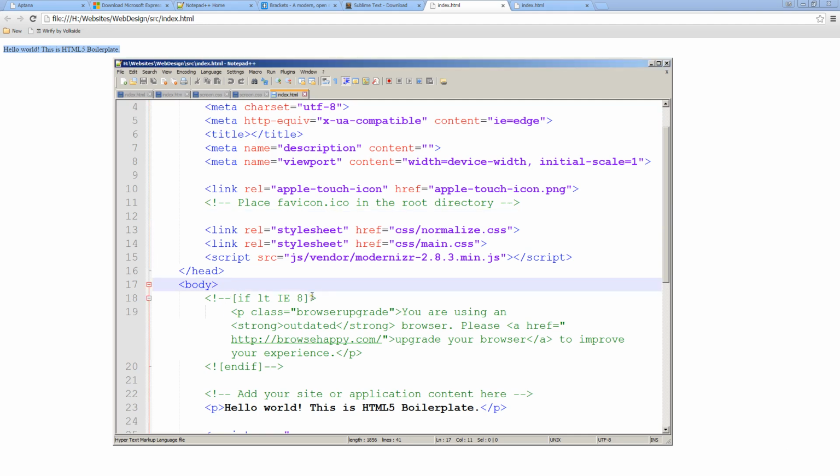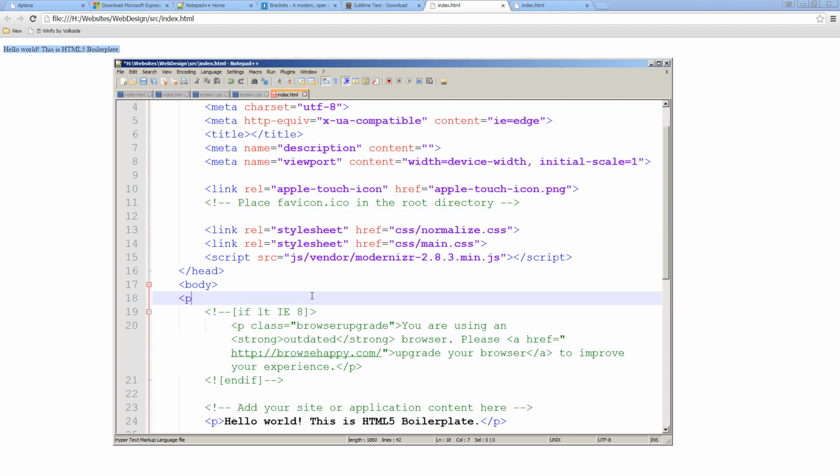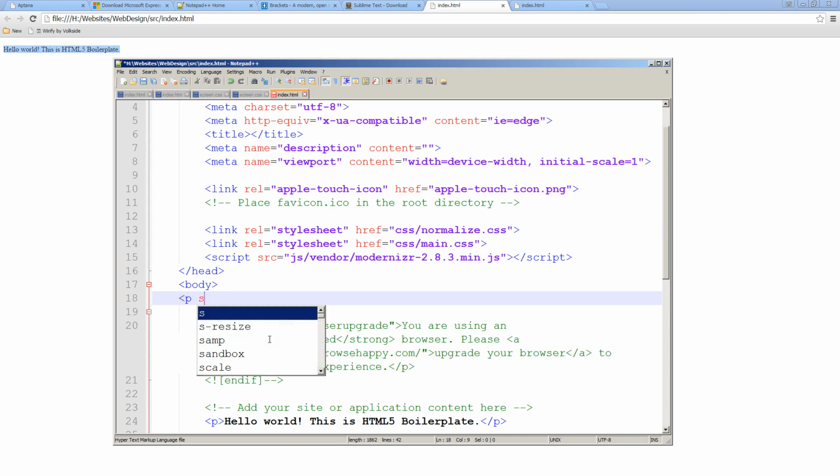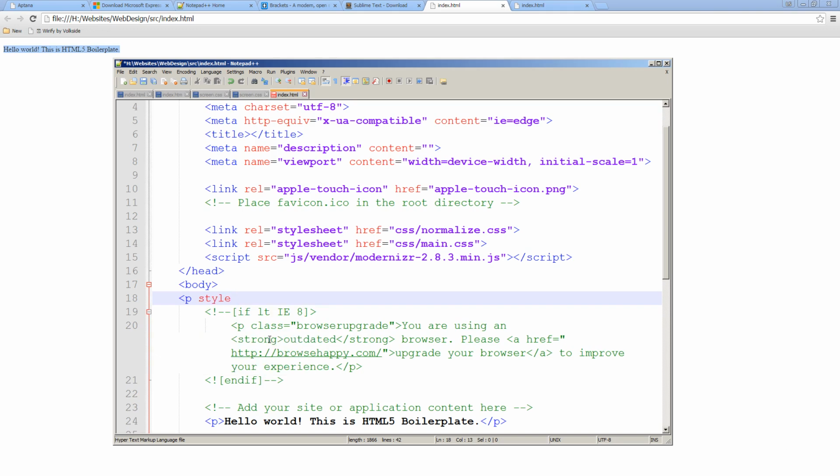And the better ones, of course, so if you do something like this, you see that it actually does drop down all the different available tags. So we do see that, I think that was actually for styling, but if you were to do something like style equals